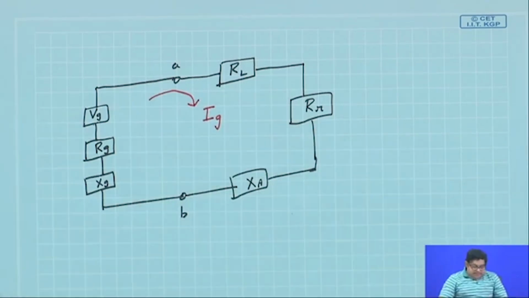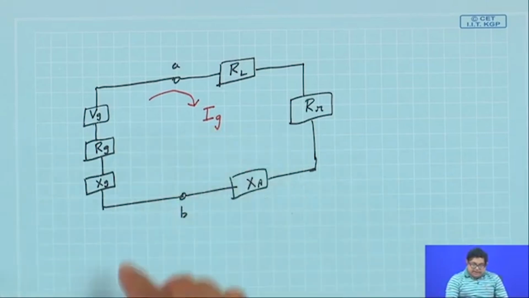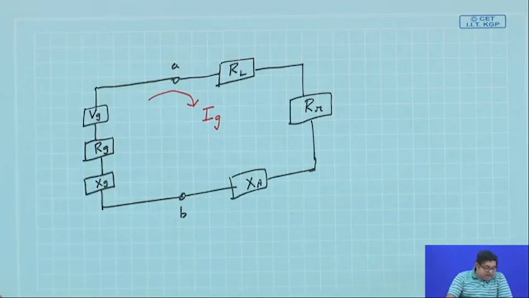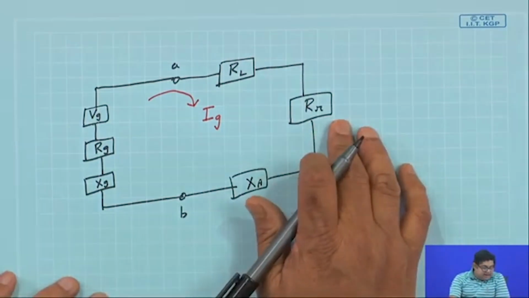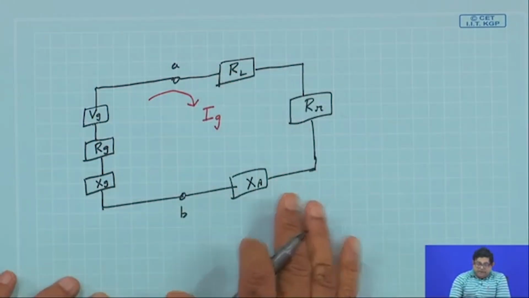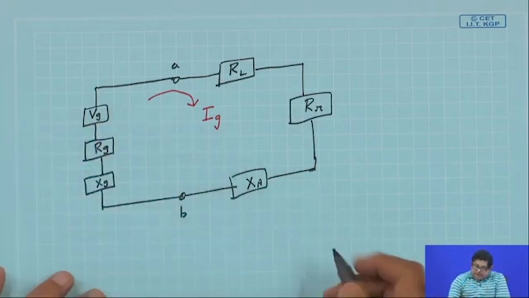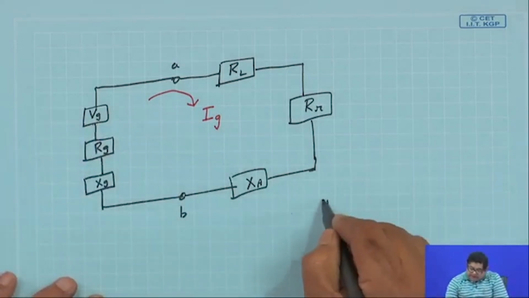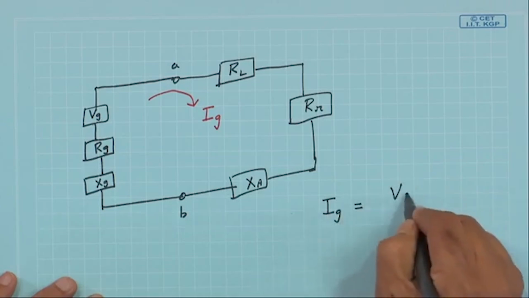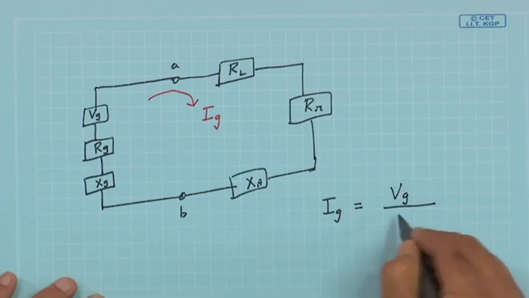I g. Obviously, this I g is a complex quantity. So, we want to find how much power is radiated and how much power is lost in the antenna, or in the circuit. So, for that we will have to find out the expression for I g. So, we know that what will be I g? I g is V g by Z g plus